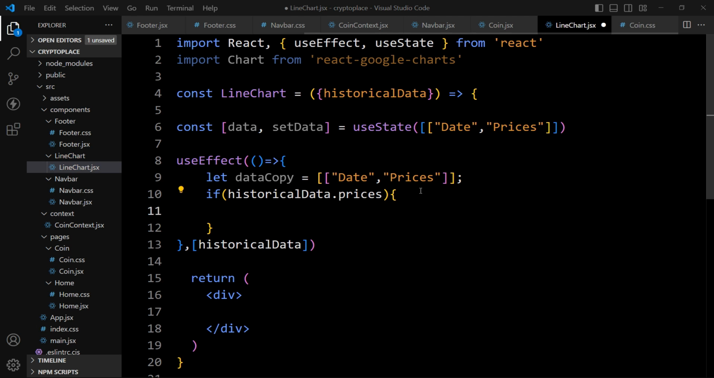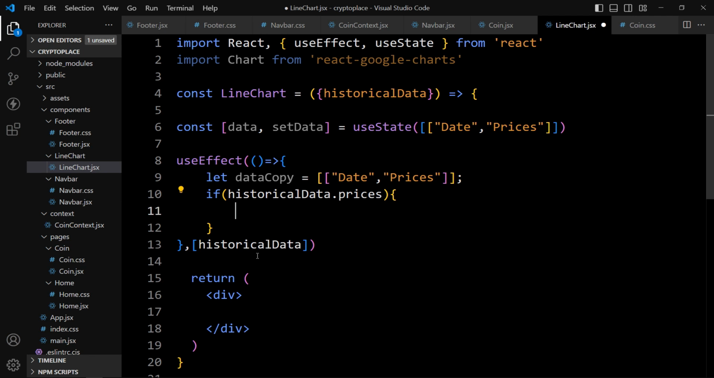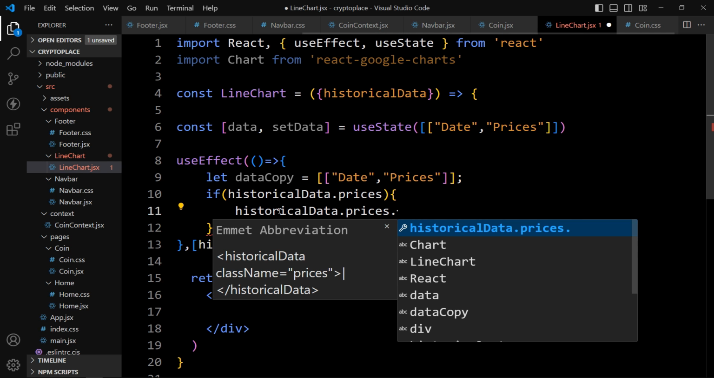Let me show you the response. Here you can see we have the response in which we have the prices, right? So if this prices is available, then this if block will be executed. So in this one we will add this historical data dot prices, and on this one we will add the map method,